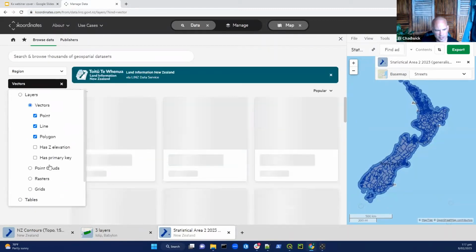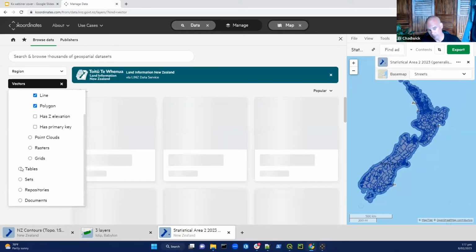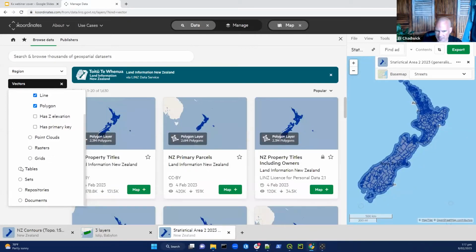You could also download data that was, or publish data that is a table. So that's simply a table without a geometry in it. Sets, when a publisher groups a bunch of stuff together, and you can download the set of data. Repositories is a Cart repository, which I'm not going to go into too heavily today, but that's our new distributed version control system. And then we also have facilities for sharing documents. So if I jump back to here,